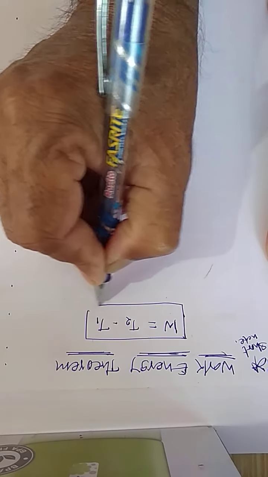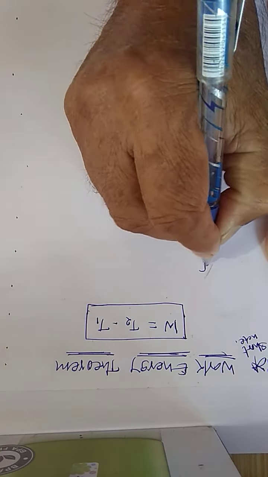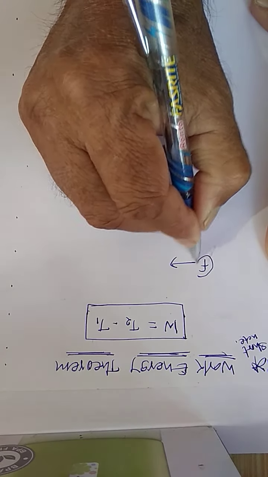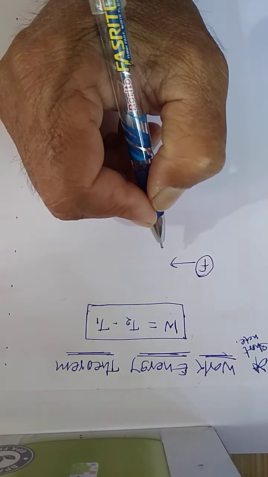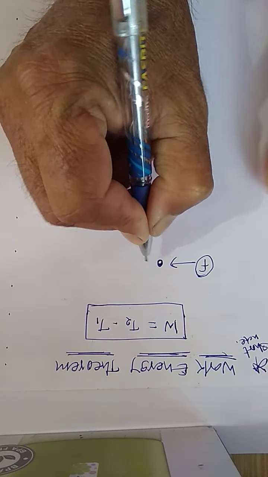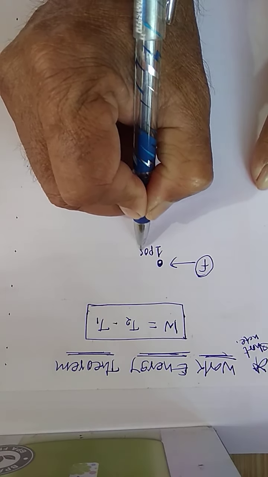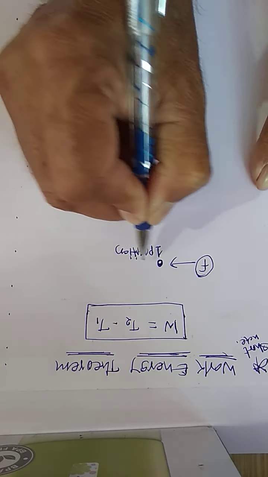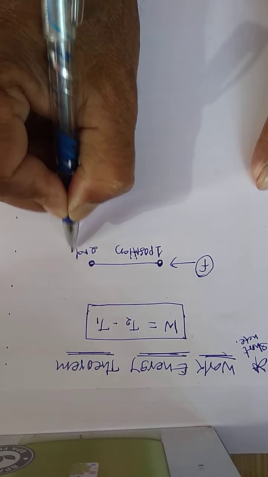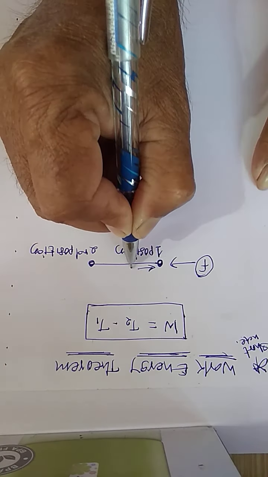Now, the force F acting on a particle. This force is called the resultant force acting on a particle. Due to this force, the particle is displaced from position 1 to position 2nd, and undergoes the displacement dr.